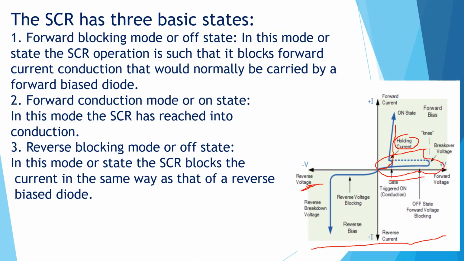So basic application of SCR will be speed control of motor, theater light control. It can be used as a controlled rectifier, and it can be used to protect the load from high voltage. So basically it will be used as a switching device to switch high power electrical circuit, high AC power electrical circuit. So this is again a very important type of thyristor. I hope you have understood. If you have any problem, you can ask me at the end of the class.